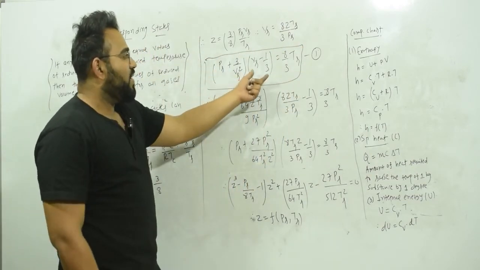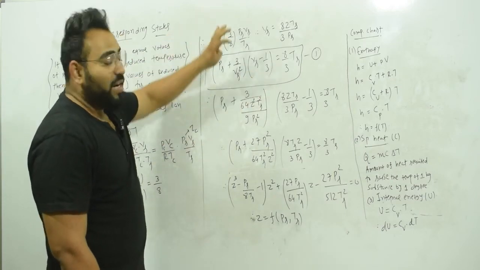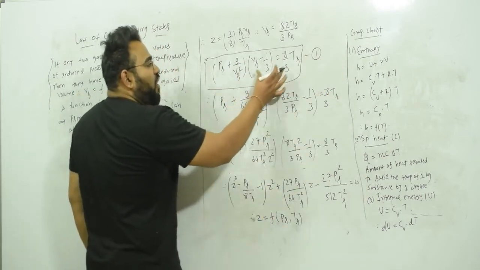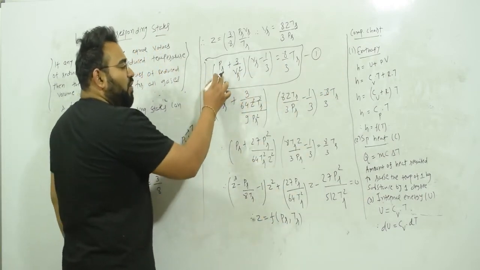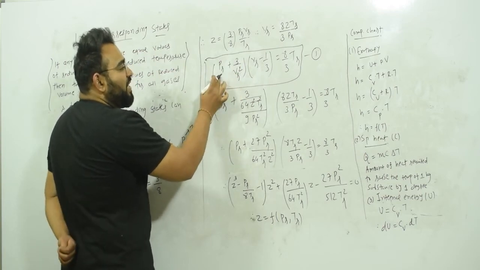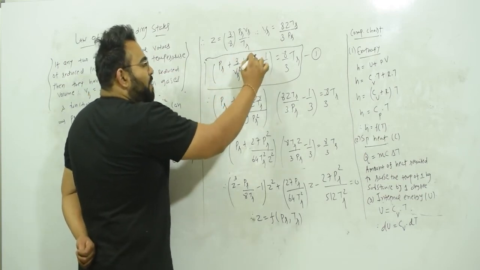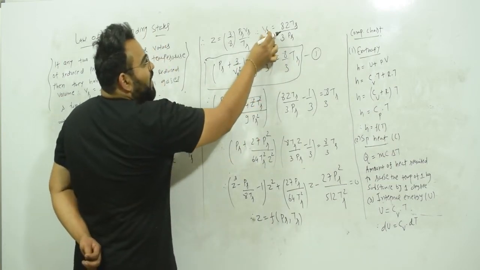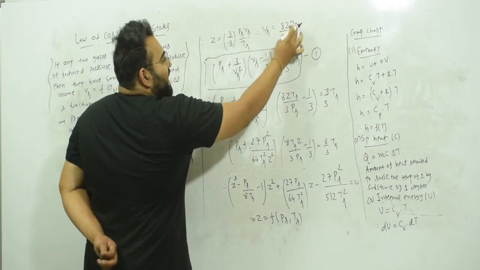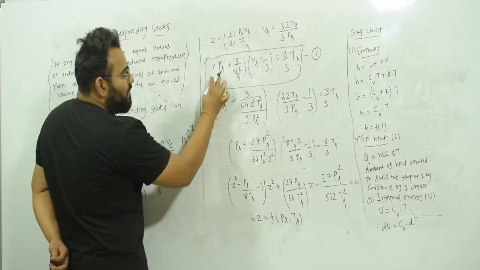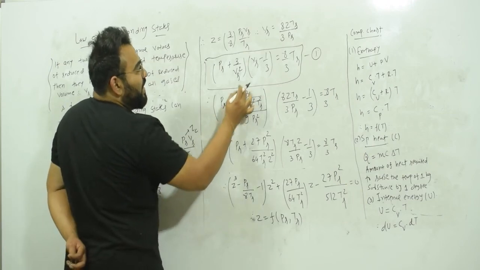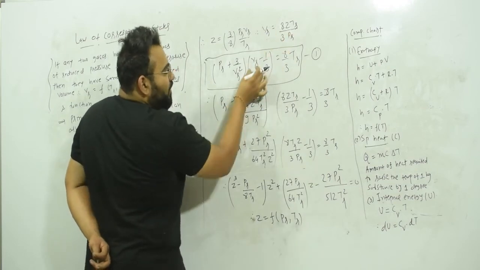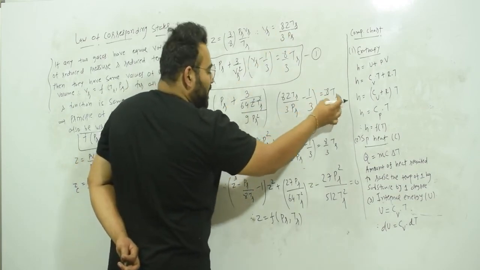Now we know where these equations come from. This is just the Van der Waals equation that we have derived in terms of reduced properties. We derived the Van der Waals equation in reduced form as: Pr plus 3 upon Vr square, bracket Vr minus 1 by 3, is equal to 8 by 3 Tr. I am going to put the value of Vr equal to 8 Z Tr upon 3 Pr into this. So it becomes: Pr as it is plus 3, in place of Vr I put this value, bracket, minus 1 by 3, is equal to 8 by 3 Tr.